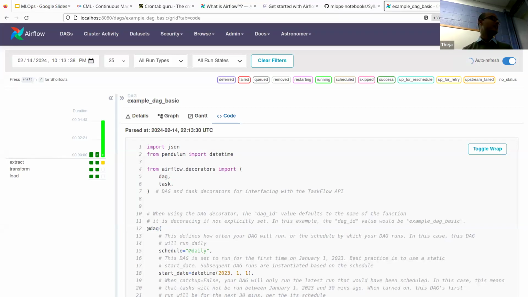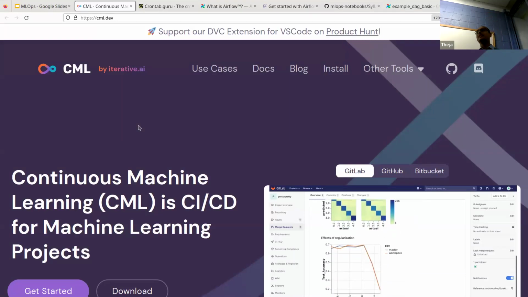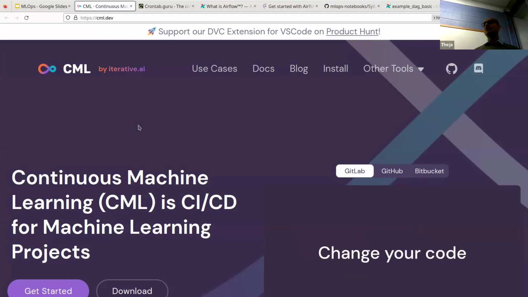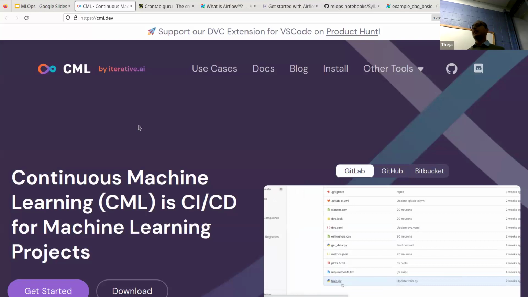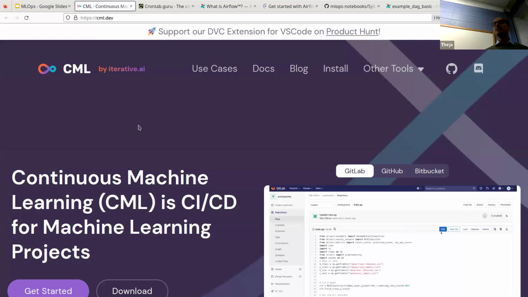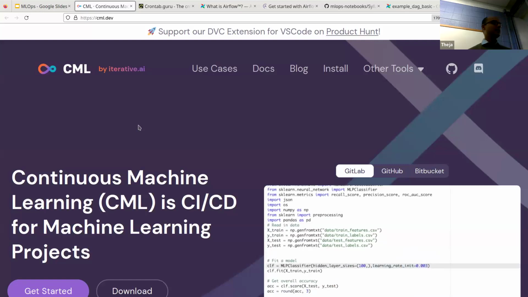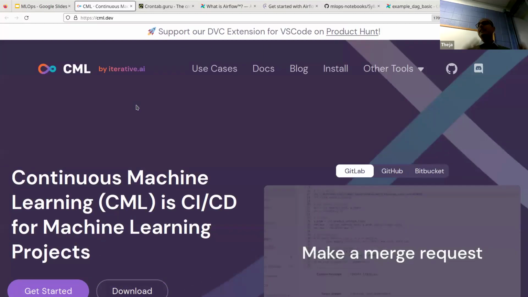So in that context, there's a tool which I wanted to show called CML. This is just one tool, not the only tool for continuous integration. But just to wrap up the version control and scheduling story, and this is where we'll stop, it'll just take 5 minutes to show what this is. It basically does exactly what we said.